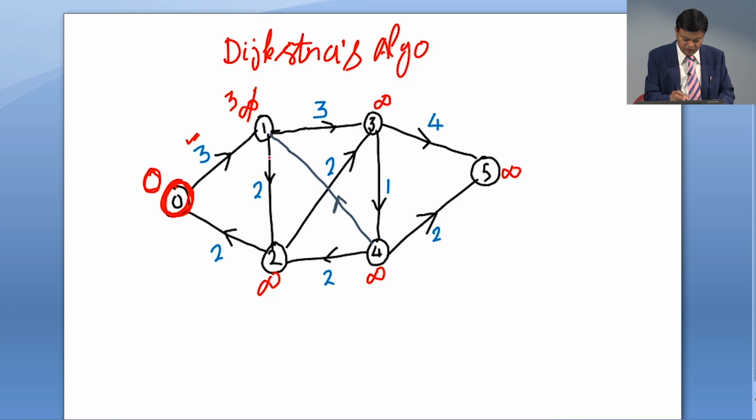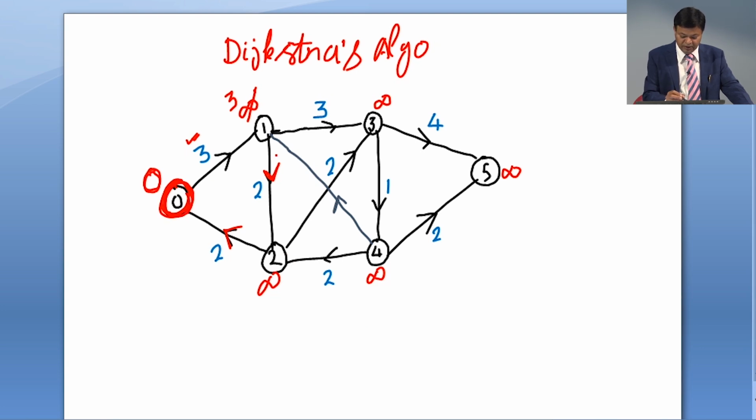Even this edge, this also does not start from 0, and this also does not start from 0. So there is no more edge. So this is our stage number 1. So after completing stage number 1, then we'll see amongst the remaining nodes, that is because 0 we have already